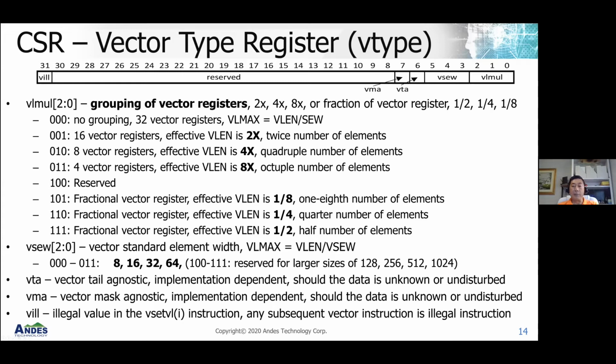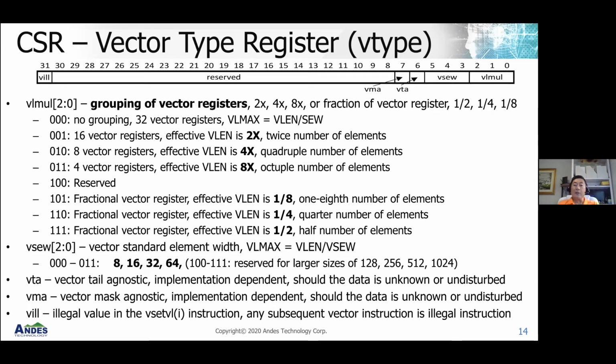For example, these two are basically for the out-of-order implementation. In an out-of-order implementation, if you're using register renaming, for example, vector register A is renamed to register B, meaning that if you want to keep the same data, because of the mask, you actually have to read vector register A and write to